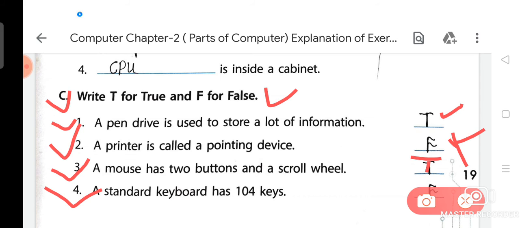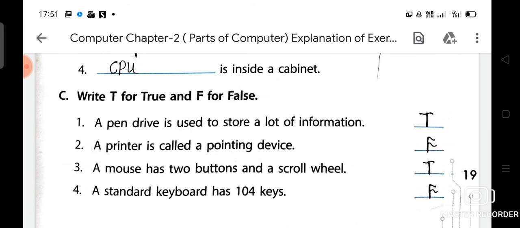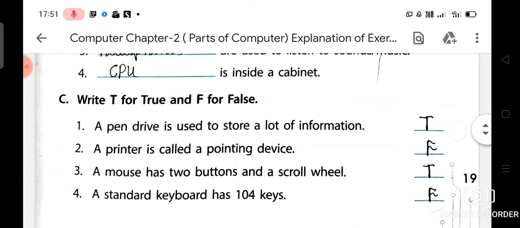Do you know how many keys are in a standard keyboard? A standard keyboard has 104 keys. This statement is true. That's why you can fill in T.